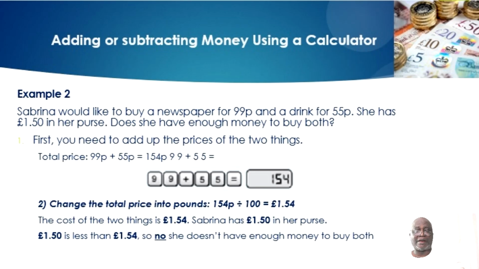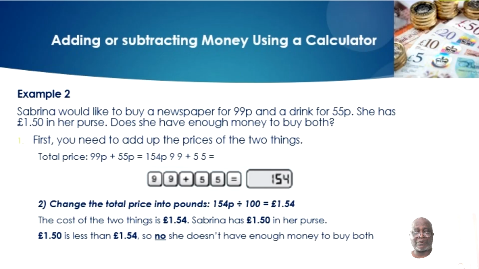Example 2 on adding and subtracting money using a calculator. Sabrina would like to buy a newspaper for 99p and a drink for 55p. She has £1.50p. Does she have enough money to buy both? First, you need to add up the prices of the items. 99p plus 55p equals 150p, and then 99p plus 55, which is in your calculator. So your answer is